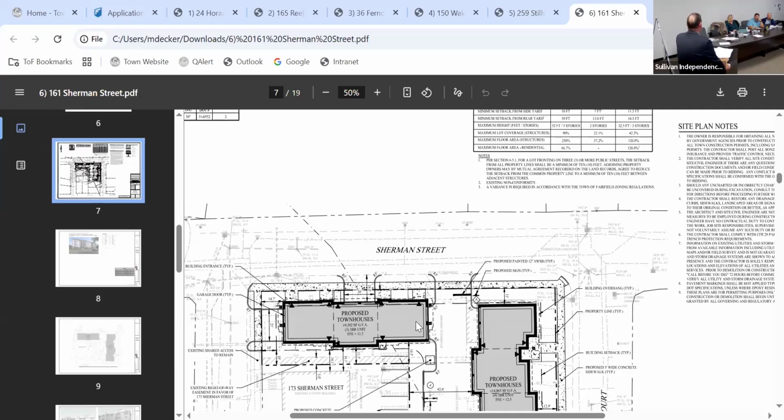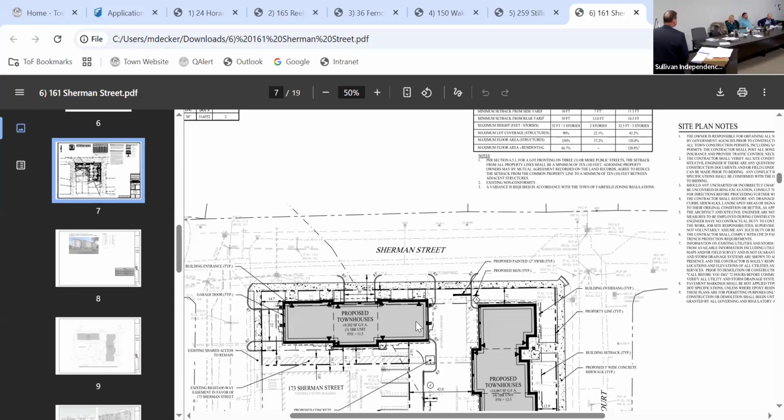Okay, we can start with, would you like to start? Do you have any questions, Harold? Well, I do have a couple of questions, just for clarity. Each unit will have its own private entrance? Each unit has its private entrance and a 2-car garage. Correct. So you have this unit here, which is on Sherman Street. Sherman Street and Sherman Street will each have its own 2-car entrance. The other unit on Sherman Street will have its own 2-car entrance. On the other property, you'll come into a drive, with a 2-car garage, and then 2-car garages within the center of the property.